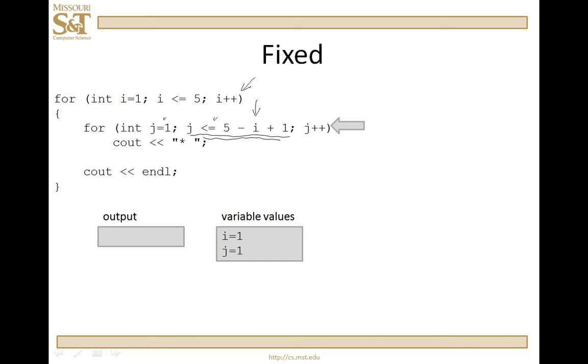So it makes sense. Okay, so i is 1, j is 1, we output a star. j gets increased to 2, we output a star. Increase to 3, output a star. Increase to 4, output a star. Increase to 5, output a star. Increase to 6, well, let's